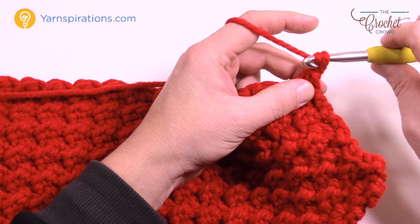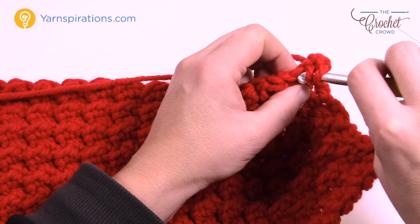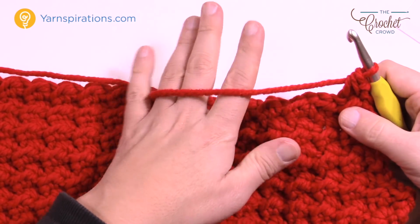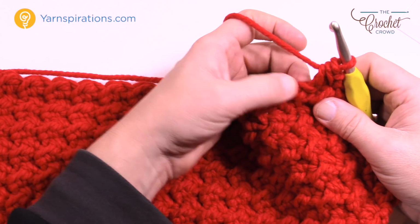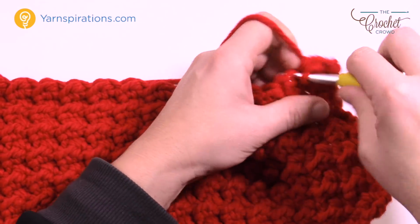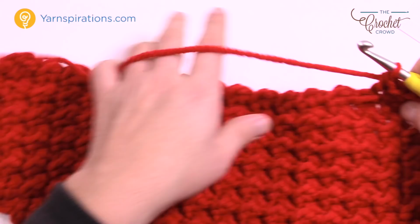Just to reiterate, we're going to chain up 1 and put the first 2 stitches together for 2 single crochets together, and this is going to get faster because you're eliminating stitches as you go. The next one here is a slip, this is a half, so this one must be a half to start, and then just continue all the way to the other side,